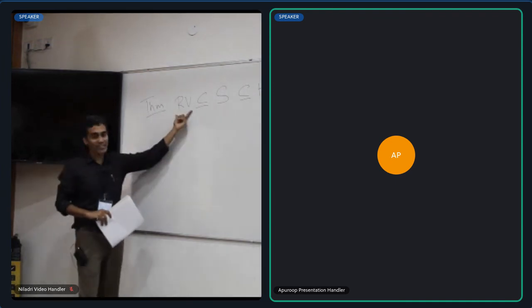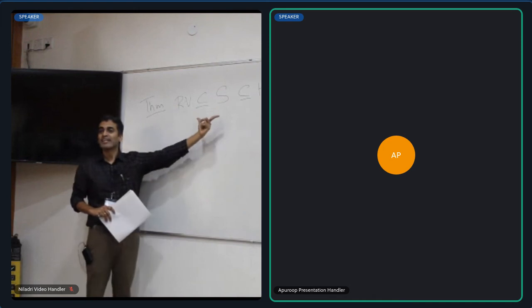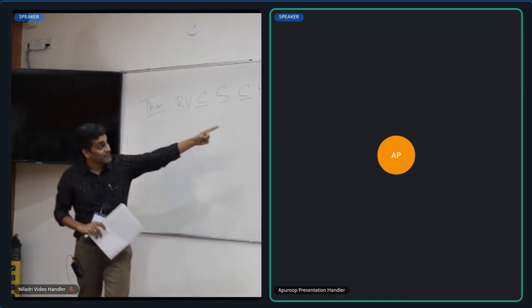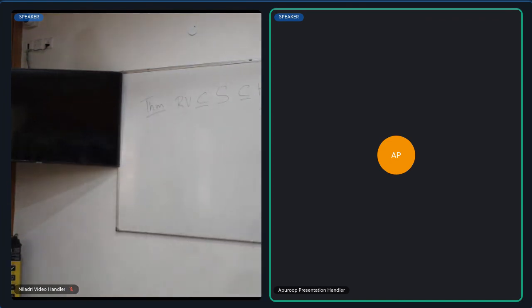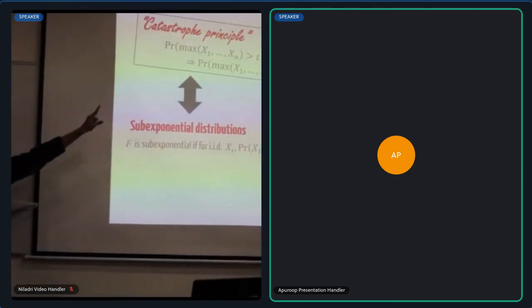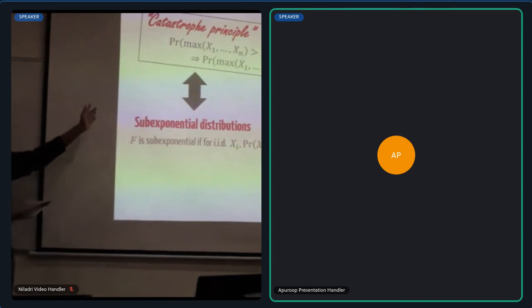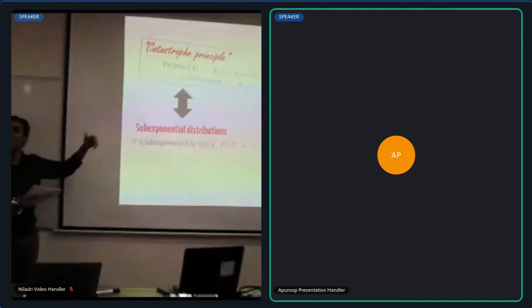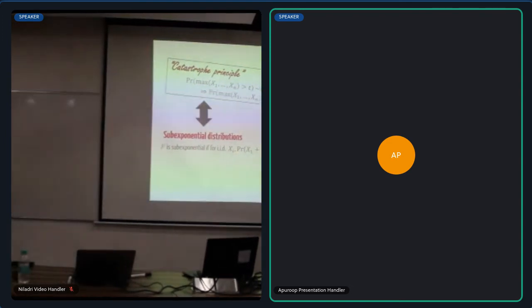Because we have talked about regular variation for a while, I think it might be interesting to highlight how one would establish that regularly varying IID random variables satisfy this property. One thing I should mention is that one can also prove that having this property hold for every n greater than or equal to 2 is equivalent to it holding for some n greater than or equal to 2. In other words, if you prove it for n equals 2, you're done. That's a non-trivial result, but it can be shown.